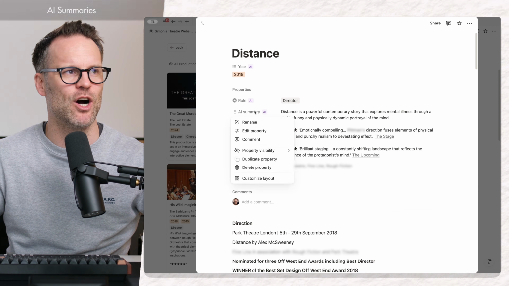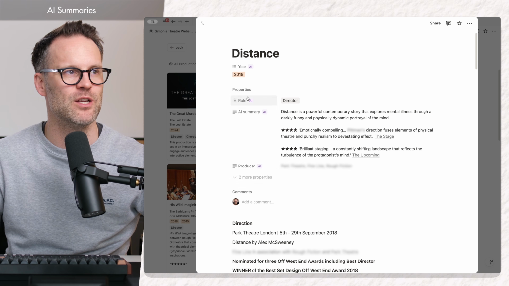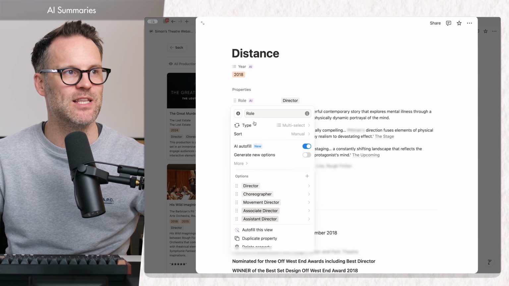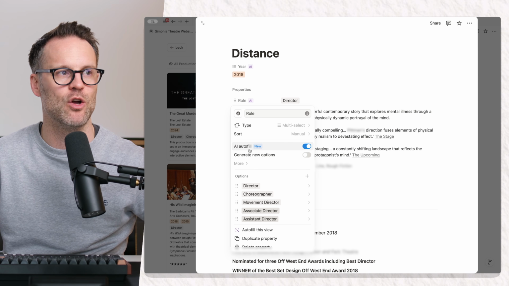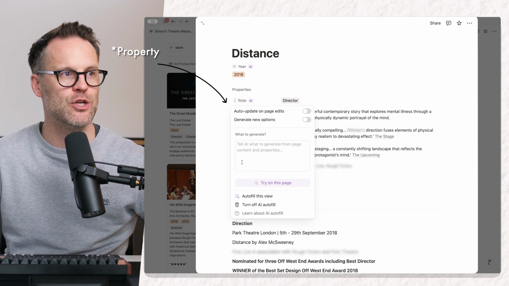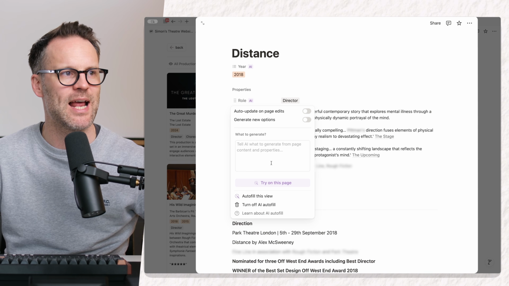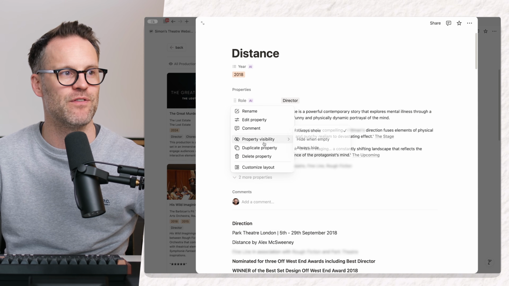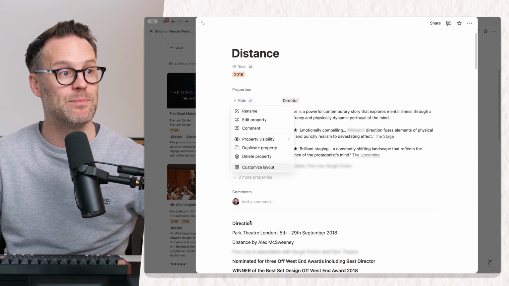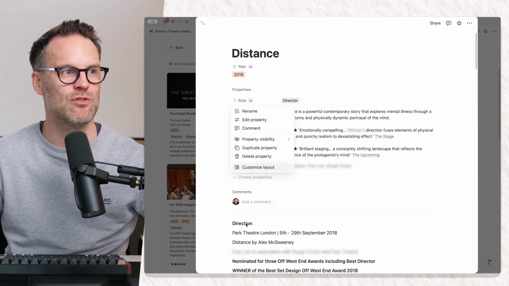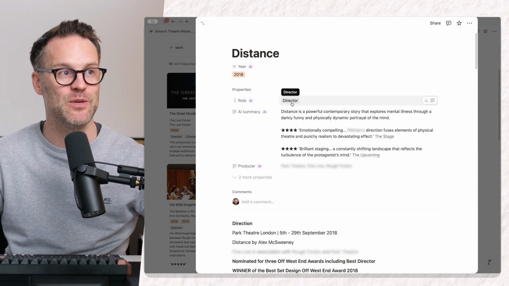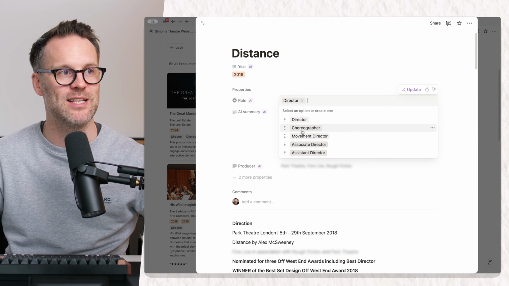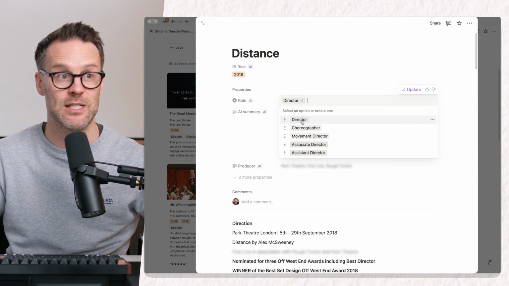Now, for example, if I go into this production page, what I'm able to do is create AI summaries. So what I can do is select, if I edit this property, I've added an AI autofill page, and then you click on more and you can tell it what you want it to do. So I actually asked this one to find, as I imported my old website, what I did. So I did direction on this, and it's genuinely done a brilliant job at creating all of these different categories